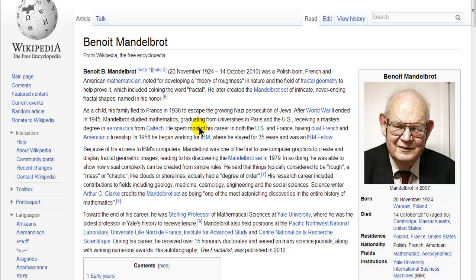All right. This is Benoit Mandelbrot. He is the father of fractal geometry. If you are trading financial markets, you must learn to master fractal trading. When a pattern forms on one time frame, the same pattern can copy itself and paste itself on another time frame. Sometimes a pattern may form on one financial instrument and copy itself onto another financial instrument. This is what we call parallel fractal trading.